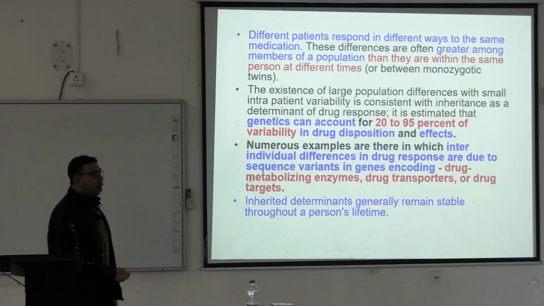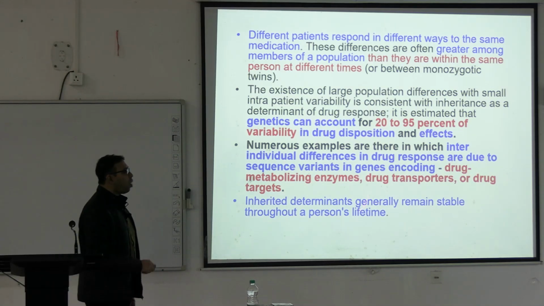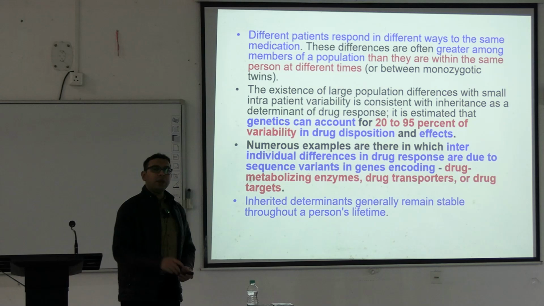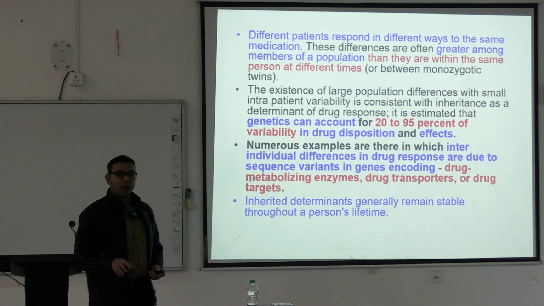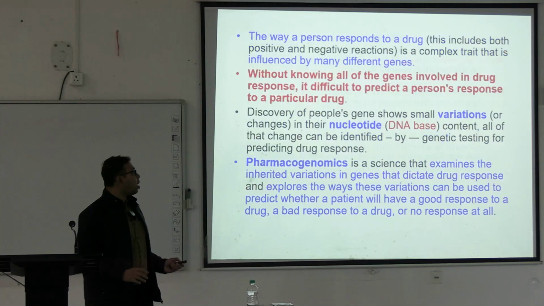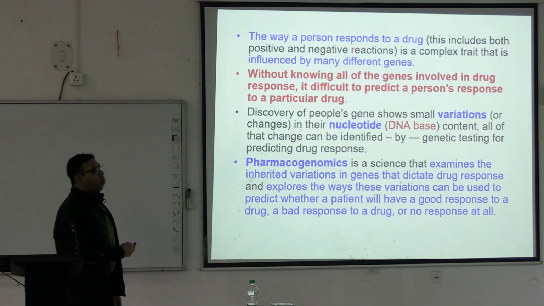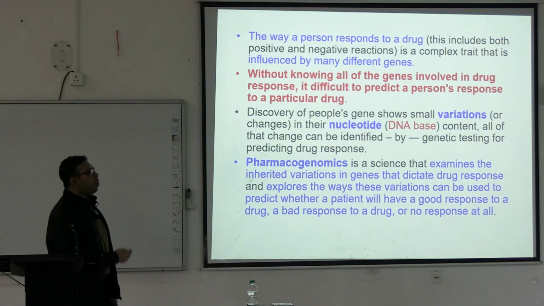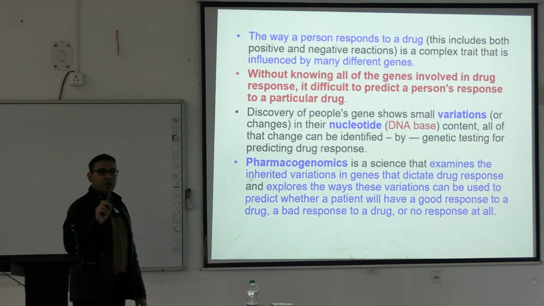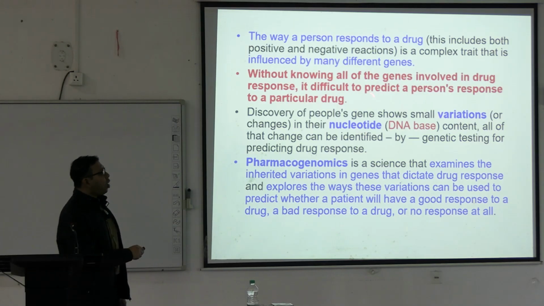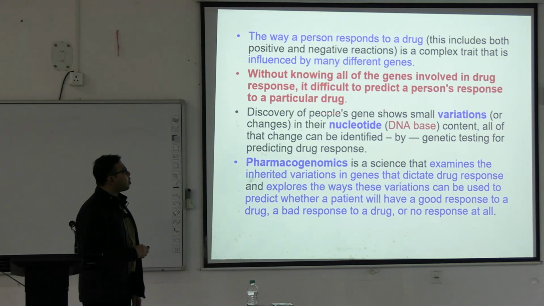So inherited determinants generally remain stable throughout a person's lifetime. So if we can capture the genetic makeup and we can give a drug that is beneficial, that becomes a targeted therapy. The way a person responds to a drug is a complex trait that is influenced by many different genes. So there is not just one gene. Without knowing all of the genes involved in drug response, it is difficult to predict a person's response to